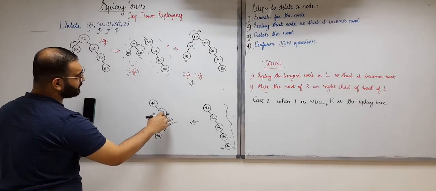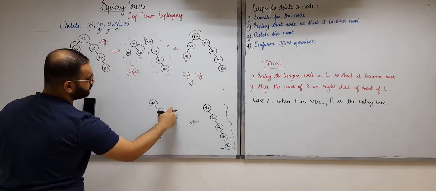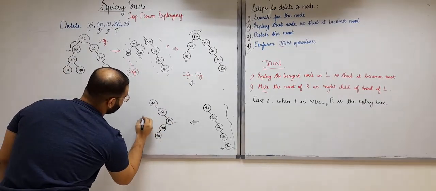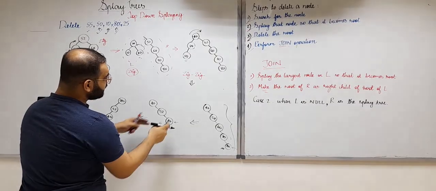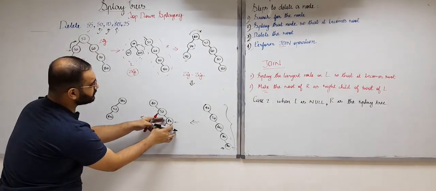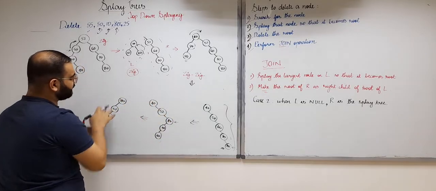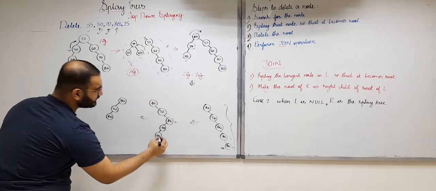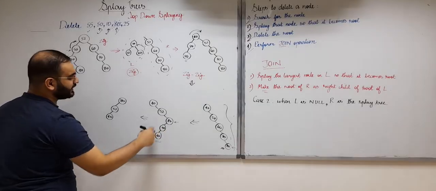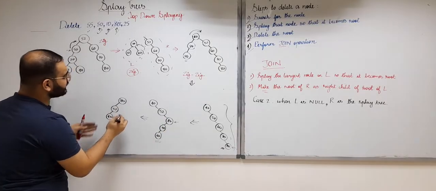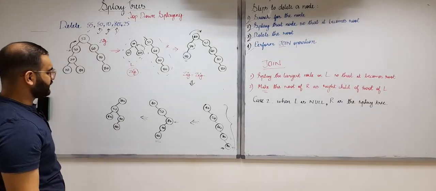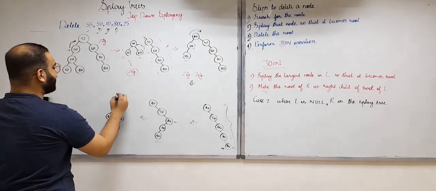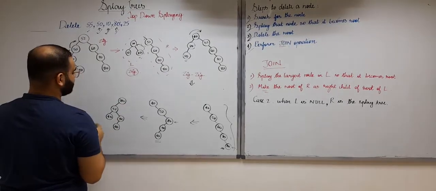Now which operation will I perform? Again zig-zig operation, because both the directions are same. So let me write down the splay tree after performing the zig-zig operation. This will be the new splay tree where the node that we have to delete will reach the root after 2 left rotations. After that, the left child of that node will be the right child of 52 according to BST, right? Okay. So now I'll finally delete 80 according to my third step, right?